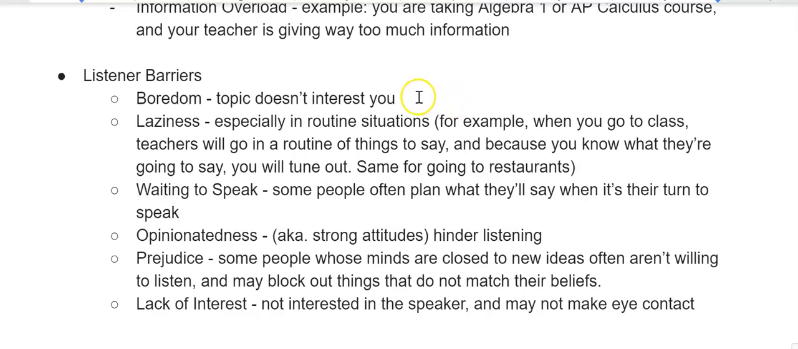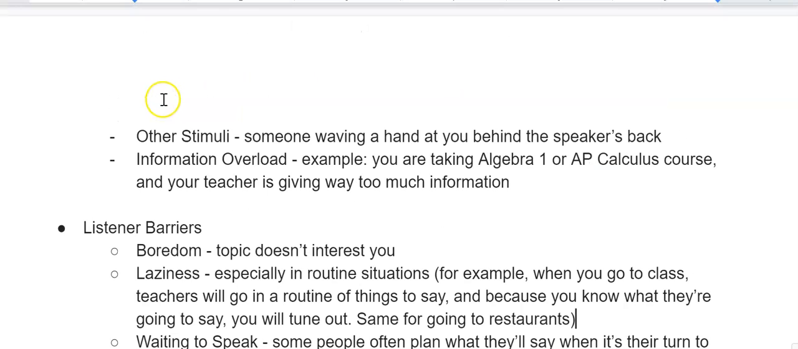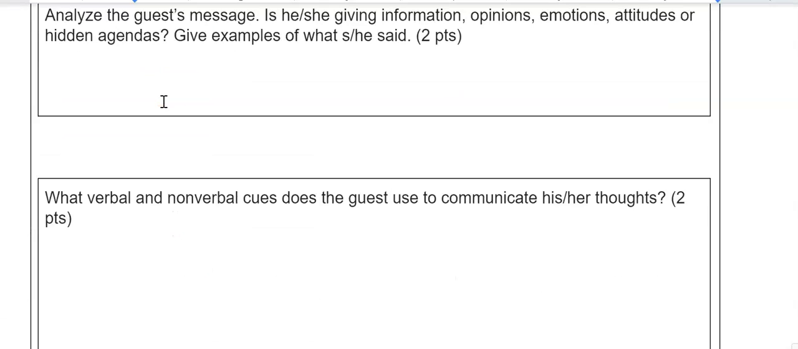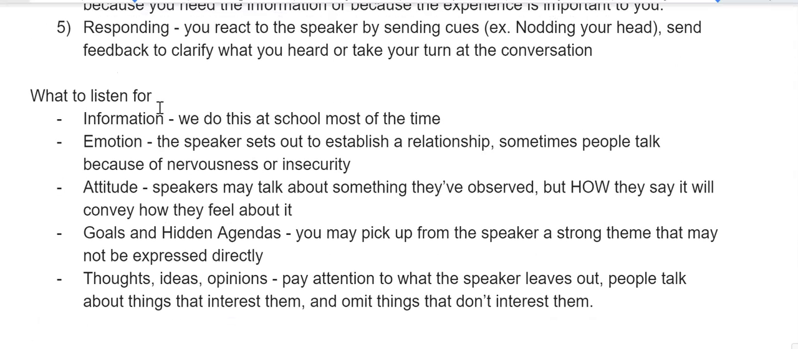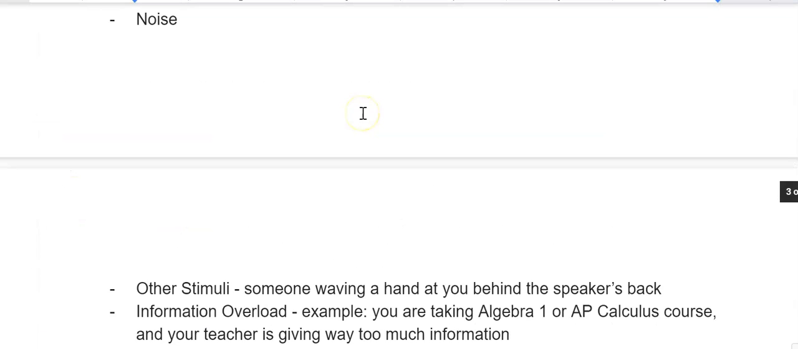I'm not saying take it with a grain of salt, but with all of these barriers that I'm telling you guys from the book and why people don't listen, it's good information, but it really just depends on the context and the situations that you guys are in. Okay, so just be careful with that. I'm going to end with,